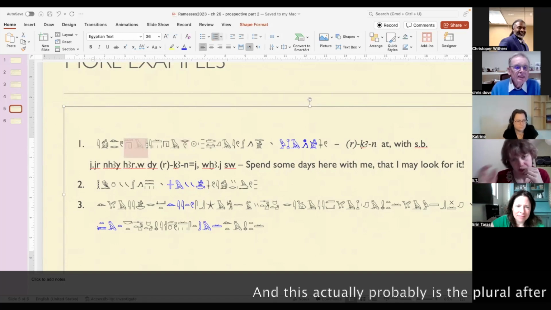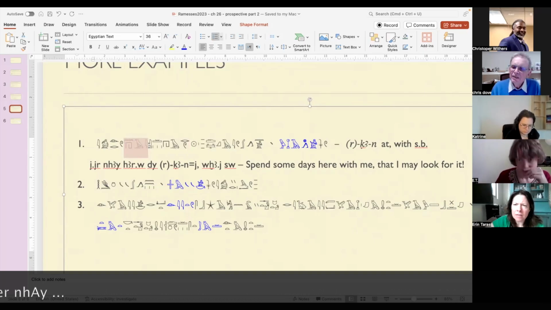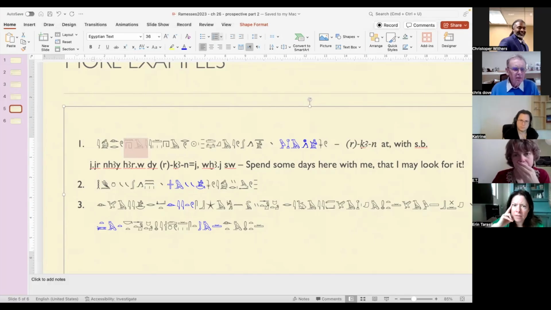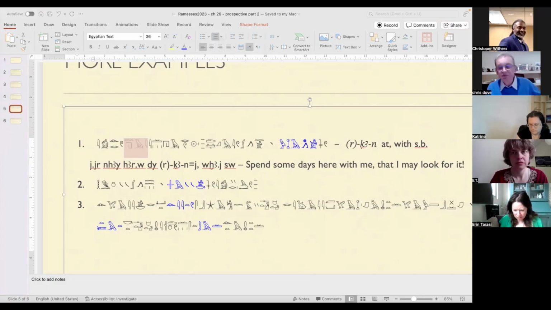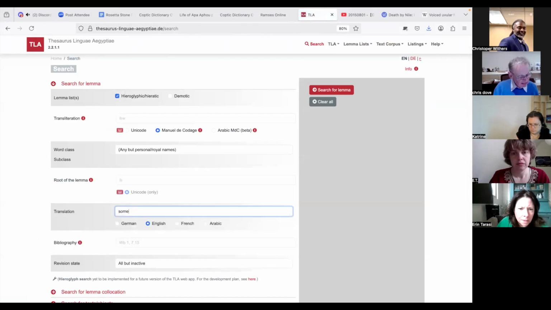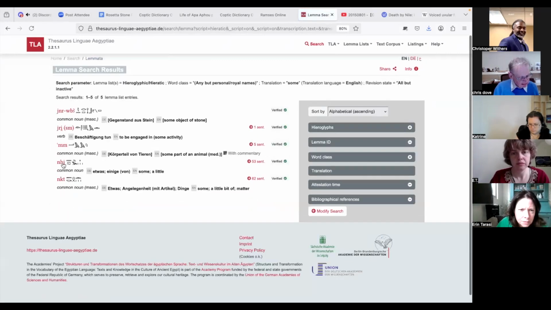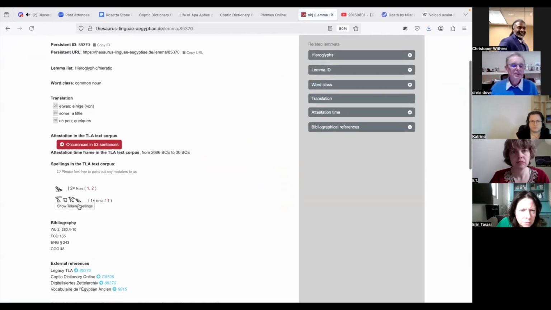Now in this word, I thought that it always has an aleph. I thought it did. Okay. Well, I know the word nahi, meaning a little bit of something. Let's have a look at it without the R in there. So perhaps it's another pronunciation change. We could just look for some, right? That should do the trick. There we go. Yeah, you're right. There is no aleph in that form. But I could swear I've seen it.